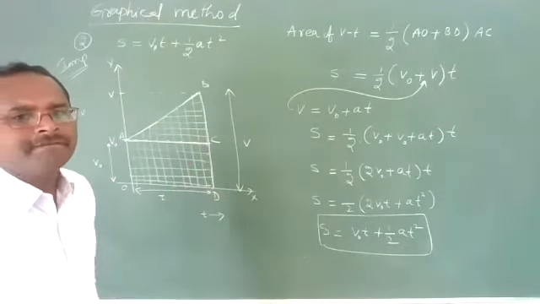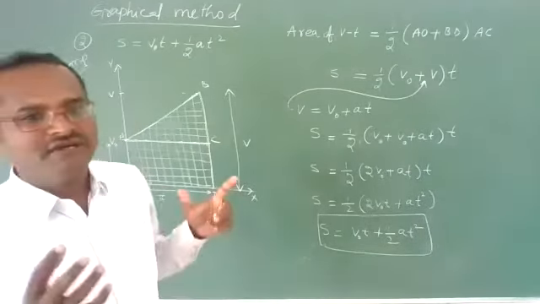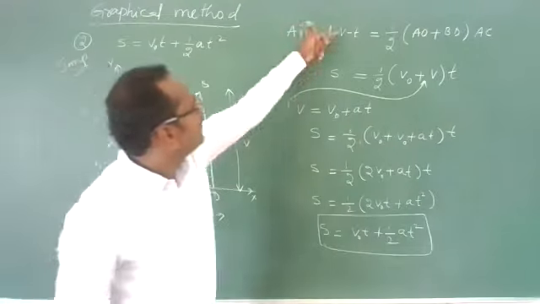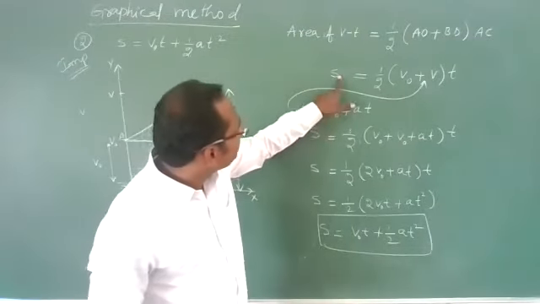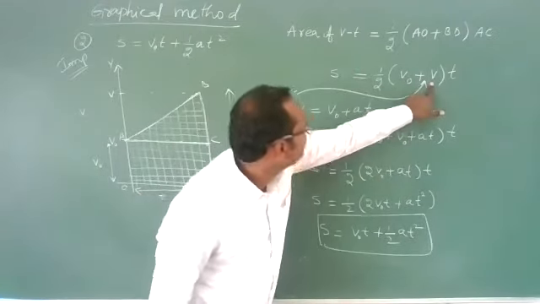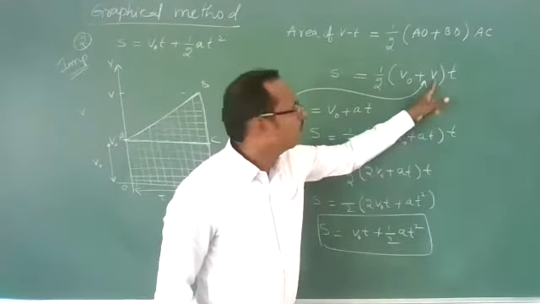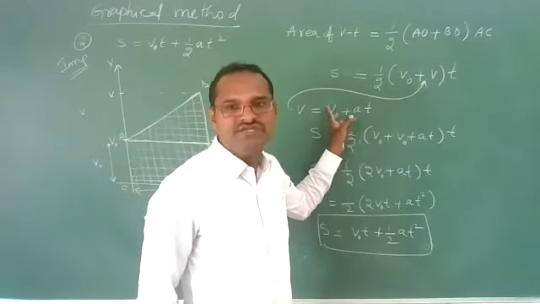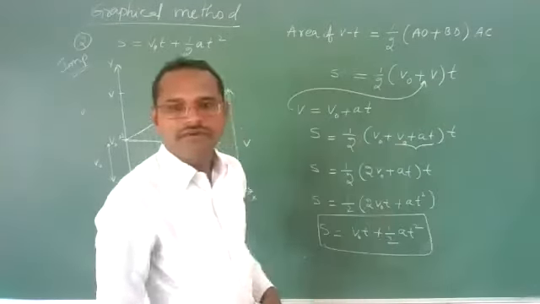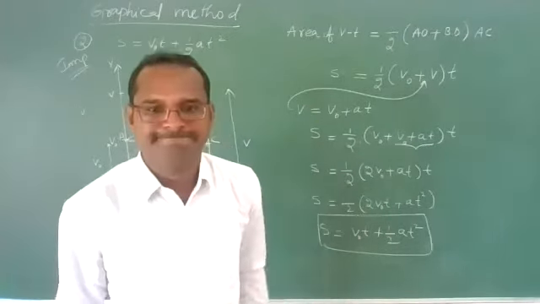Again, let us consider a vehicle in uniform motion. Let us draw a velocity time graph for the vehicle in uniform motion with a constant velocity. Four steps. I am writing this one again: S is equal to half V naught plus V. In the place of V, I am writing this, because V is equal to V naught plus AT from the previous one. Substitute here, just multiply, and you will get the answer.